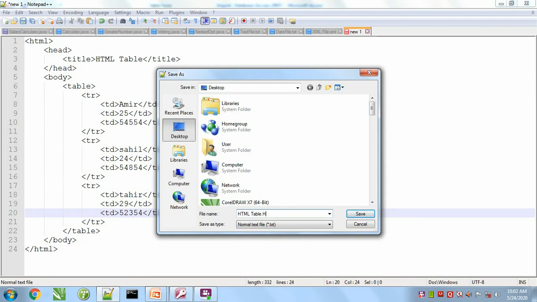HTML table, .html extension. It is compulsory, the HTML extension.